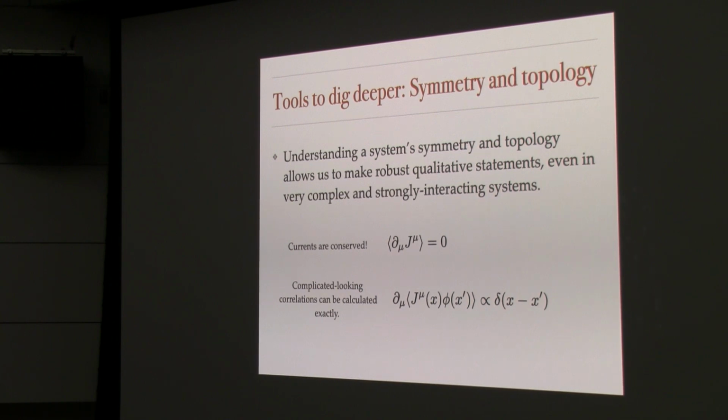So, for the students in the audience, you take QFT and maybe you do some really long calculation and you work really hard and you find 0, right? Why is it 0? Well, if it's actually 0, typically there is some fundamental reason, and that's because there's some symmetry. So understanding these symmetries can save us from having to do a lot of work, even in regimes where we can hope to calculate things, and in regimes where maybe we don't know how to calculate things, it still allows us to make some pretty deep qualitative statements.